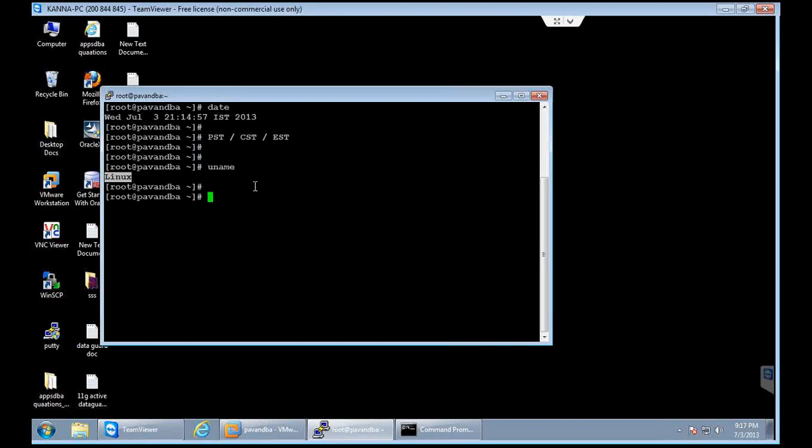But if I want to know the flavor of this operating system, that means whether it is Red Hat Linux, or Oracle Linux, or SUSE Linux, or Fedora Linux, because in Linux itself we have so many flavors, then you need to run the command which I am showing you.